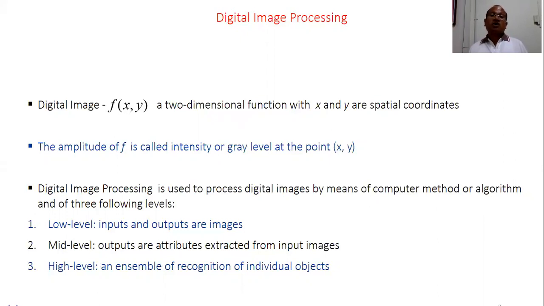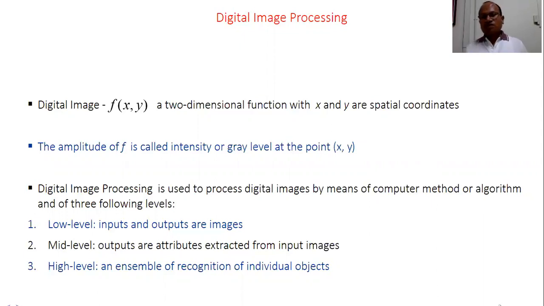So what is image processing? It's like other signal processing methods. In signal processing, what happens? A signal enters through some system, some operations are performed over the signal, and you get some resultant signal. The system produces some output signal. That is signal processing. So in digital image processing, what will happen? The signal is replaced by a digital image. It has become digital image processing.